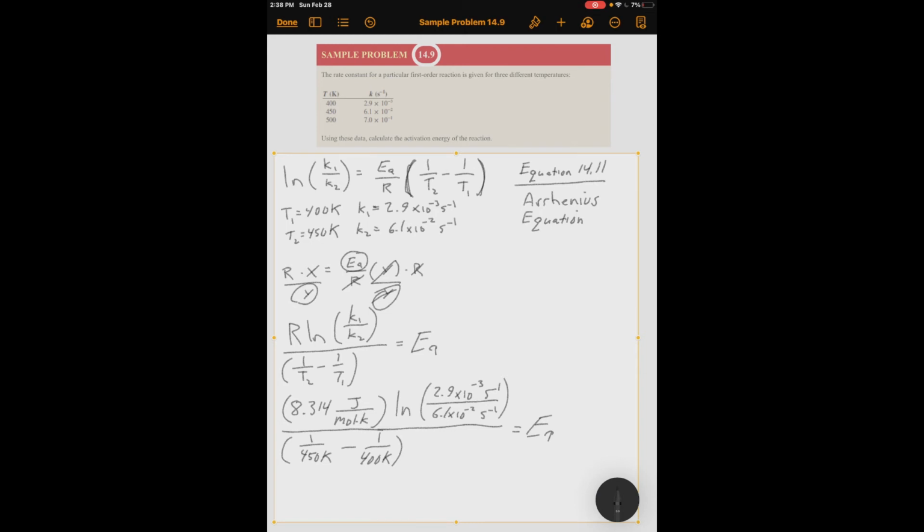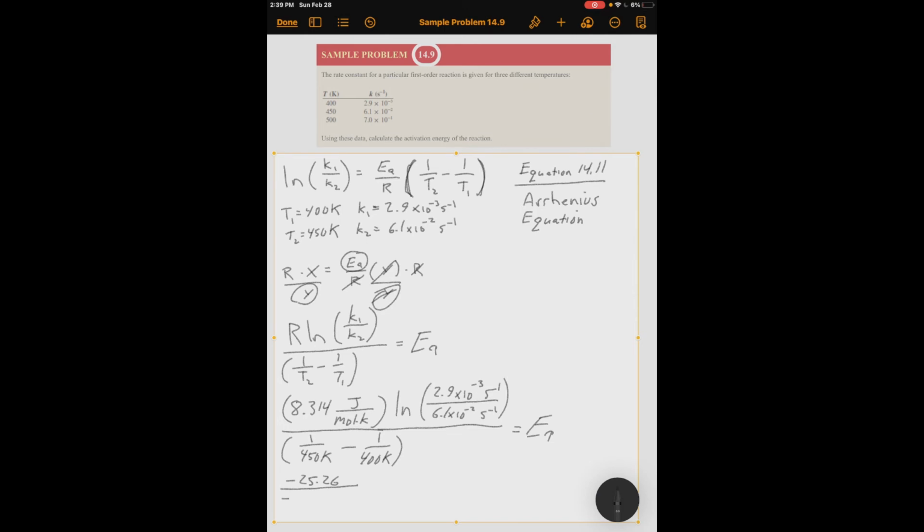So I'm going to take what's in the natural log first. So I'm going to take 2.9 times 10 to the minus 3 divided by 6.1 times 10 to the minus 2. Take that ratio, which is 0.0475. Take the natural log of it. And I get negative 3.046. Multiply that by 8.314. And I'm going to go ahead and write that as minus 25.26 divided by, now I'm going to do the denominator, 1 over 450 minus 1 over 400, and you get